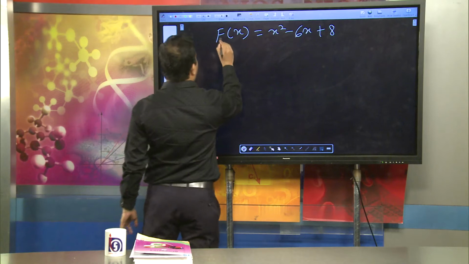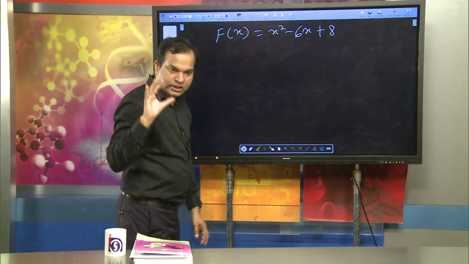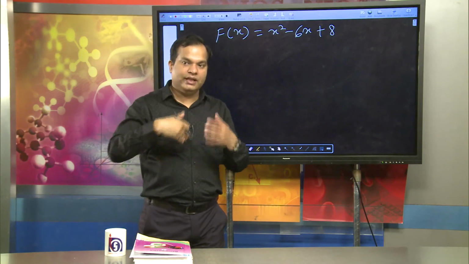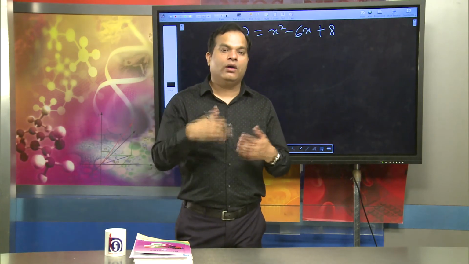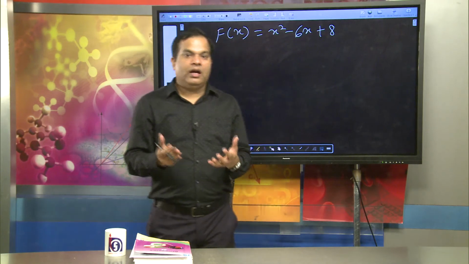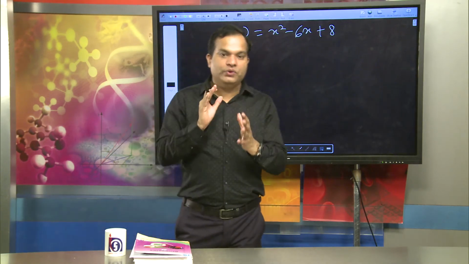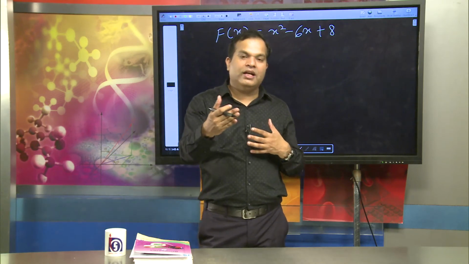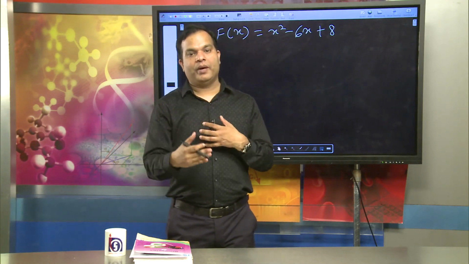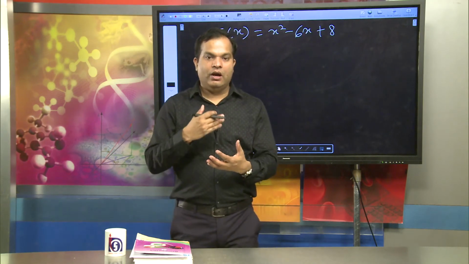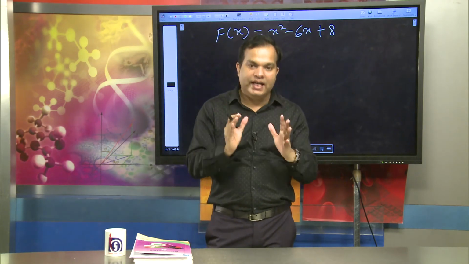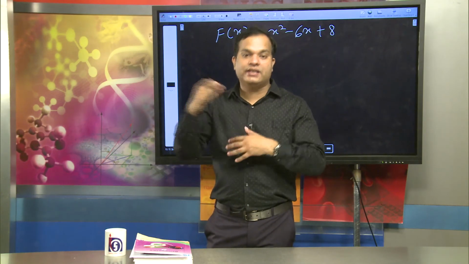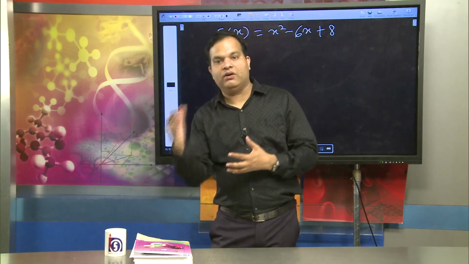Suppose f of x, first we have to see the f dash x. That means we can say dy by dx, that means slope of the tangent of the curve. We have already seen in the monotonicity of the function that whether we are going to find out increasing or decreasing, we have to check the dy by dx, that means slope of the tangent. Then we can decide whether the function is increasing or decreasing.